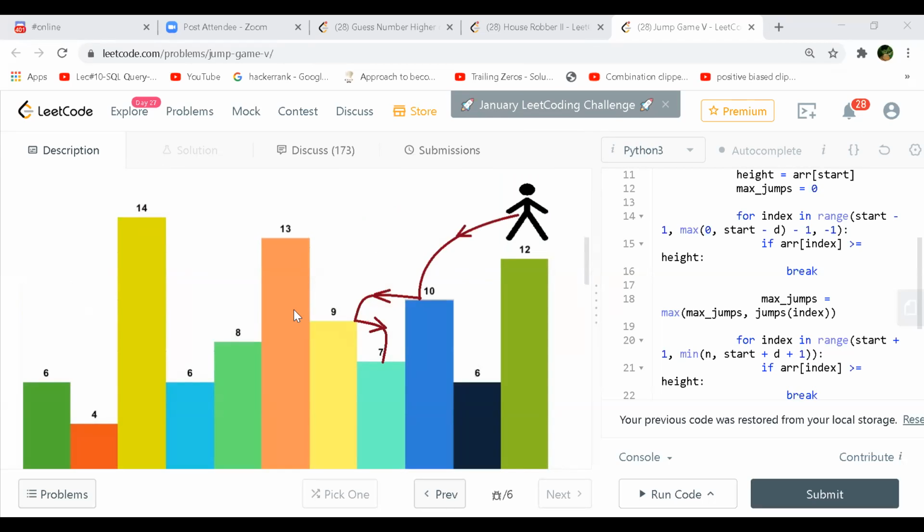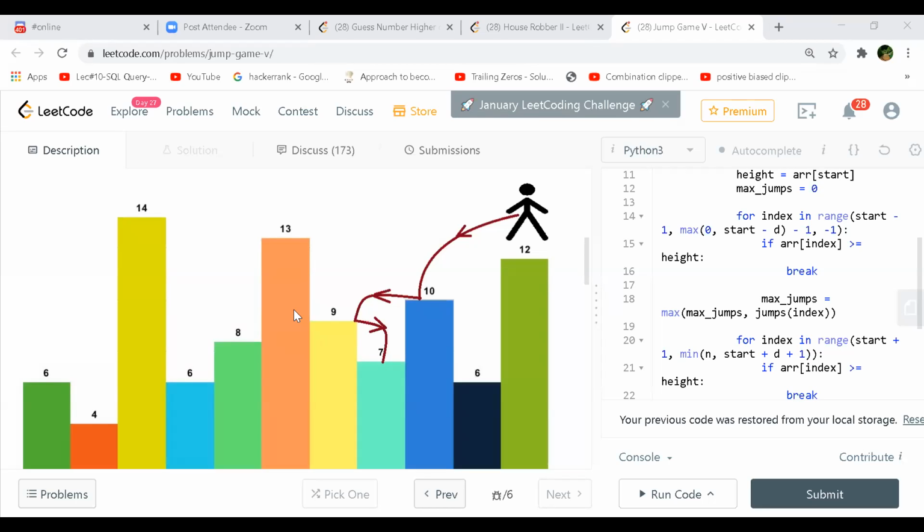I see, it does not need to be consecutively decreasing. As long as the value is lower than the current value, you can jump, within the d distance.